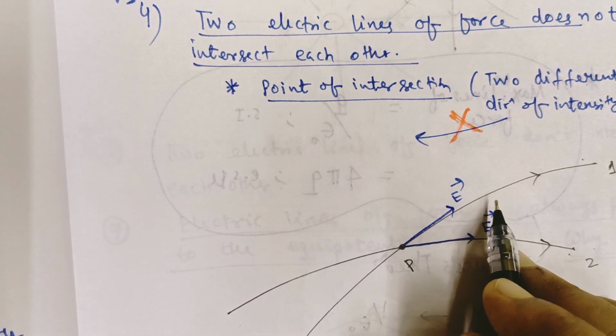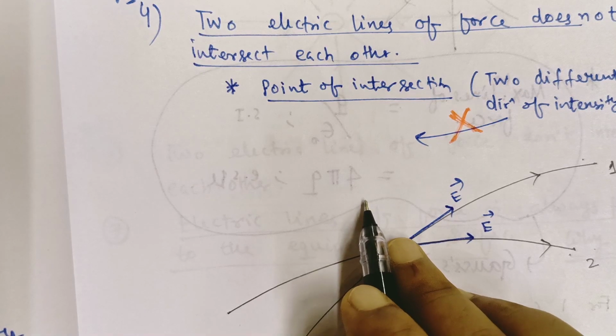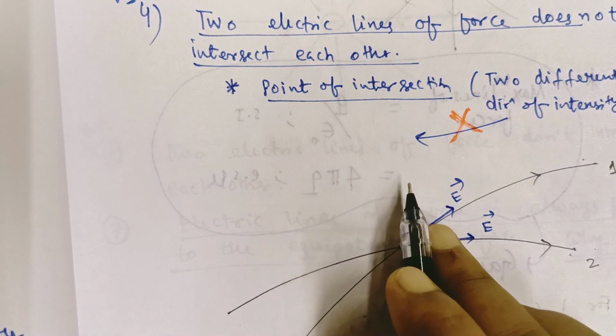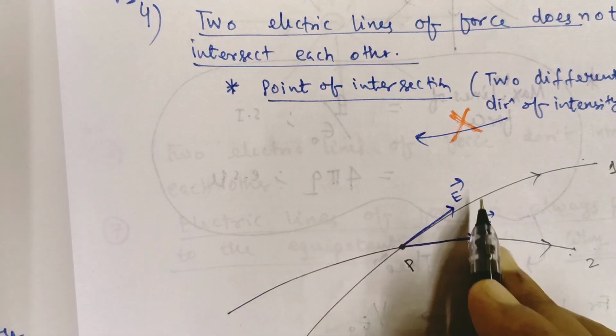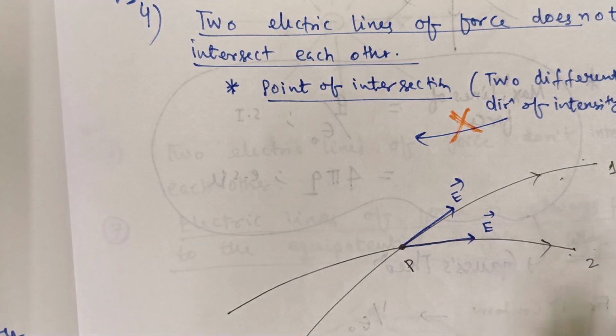Lines of force may be curved, may be a straight line. For a single charge it is always a straight line. If there is more than one charge, the test charge will move in a resultant path. It may be curved or it may be straight. So these are the two curved lines of electric field, one is number 1 and another one is number 2.